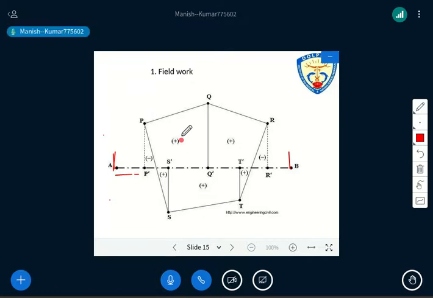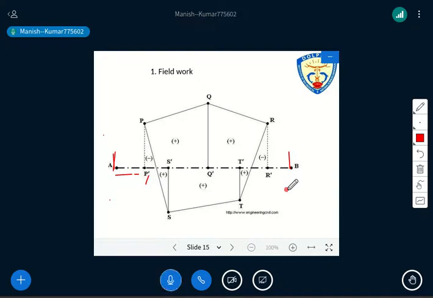With the other ranging rods, you have to place them at P, Q, R, S, T, and generally these points P, Q, R, S, T are on the irregular boundary of a certain area, and we are putting the ranging rods there itself, right? And then from point P, using a cross staff, we are drawing a perpendicular, as you can see here. That is P dash, and similarly S to S dash, Q to Q dash, T to T dash, and R to R dash.